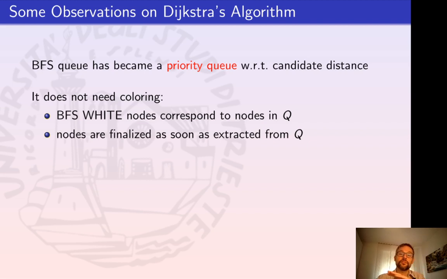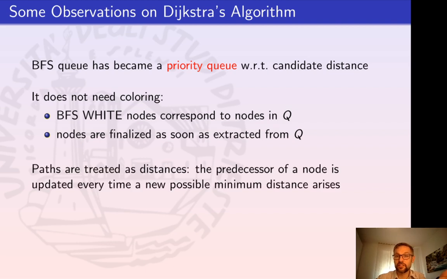Moreover, the Dijkstra algorithm does not need coloring, because moving from the queue of BFS to the priority queue, we basically avoid the need of the gray coloring. Moreover, we can distinguish between white nodes and black nodes simply by observing that all the white nodes are in the queue and all the black nodes are outside the queue. So coloring is not really needed. Moreover, the paths to reach a node are treated as distances. So every time we update candidate distances, we need to update also the predecessor. Okay,